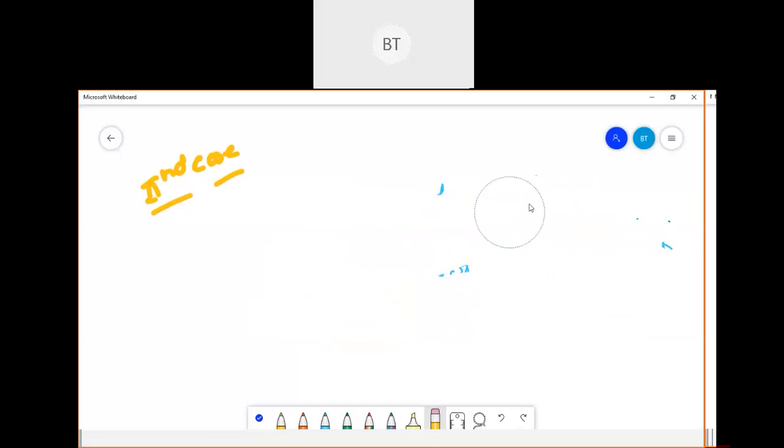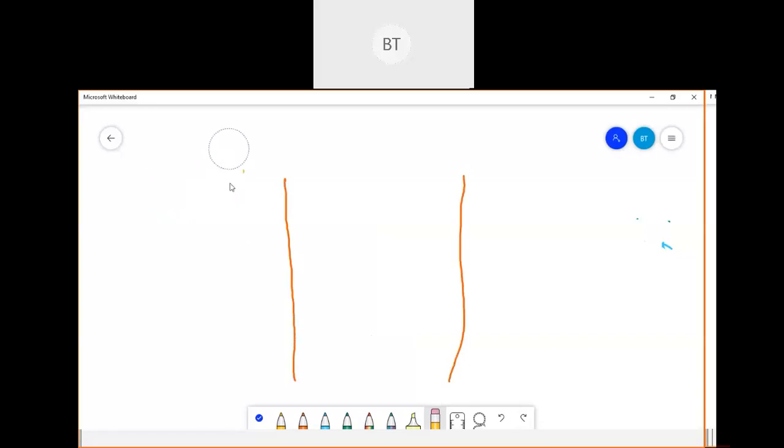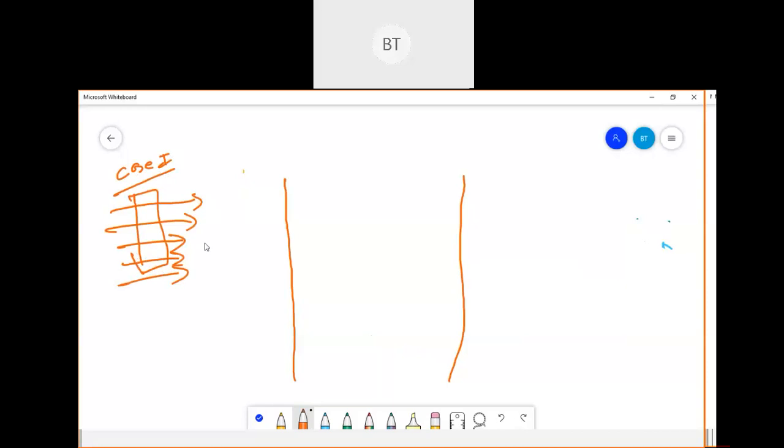What I'm trying to say by giving those examples is that the electric flux will be totally dependent on the surface. So let's take three more examples, and things will be more clear to you. So this is the first case, this is the second case, this is the third case. Let's start with the first case, case one here. The field is uniform, which we have already seen here, and I'm placing a surface here. So this will be S, this will be E, the surface will be perpendicular to E, and theta here will be 0 degree. We have already seen that in that case, what we get is ES cos theta, which will be equal to ES. This is our first case which we have seen.